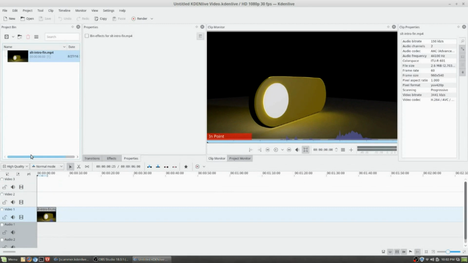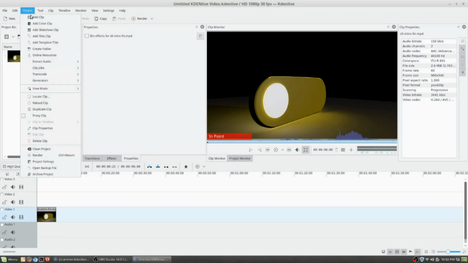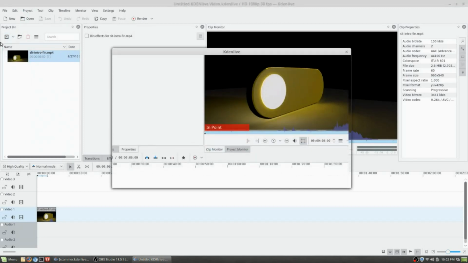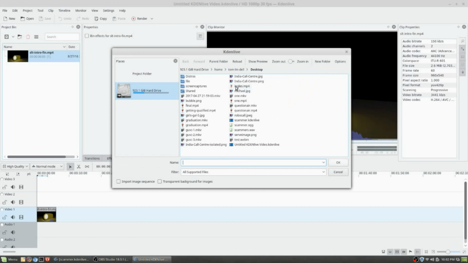And now it's just a matter of adding the other videos. So on Kdenlive, to add a video to edit, I want to come up under the project bin here, and there's this add a clip, and I believe you can do it under here. Let's see. Okay, so under project, you can add a clip there as well. So the same button over here, there's a little toolbar. So hit add a clip, and then now we can add pretty much anything. So for the scammer video, I'm adding a,